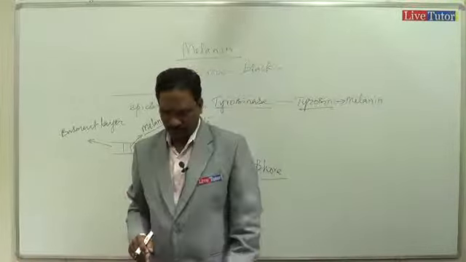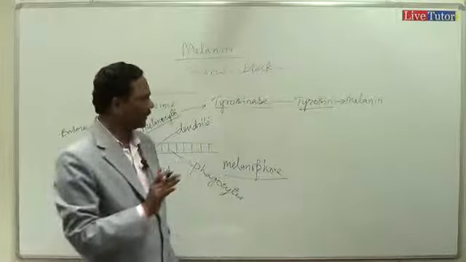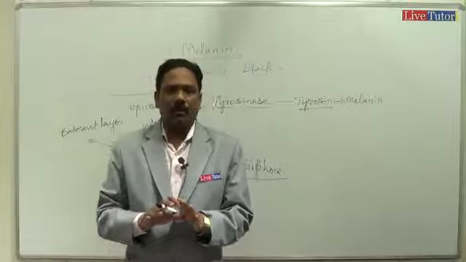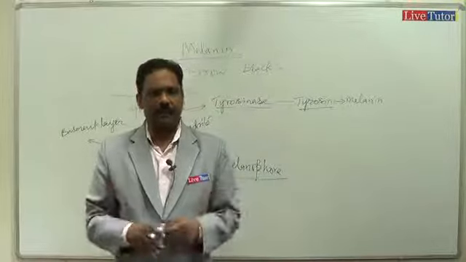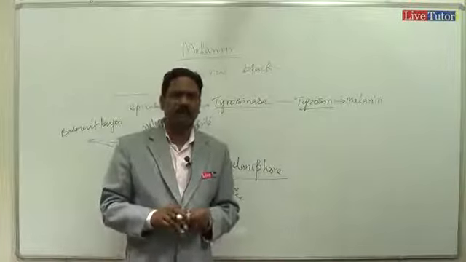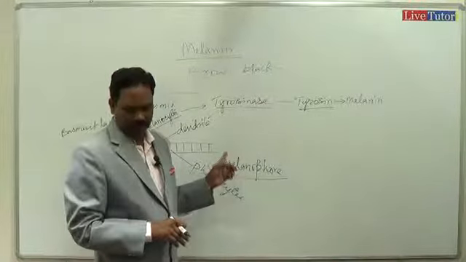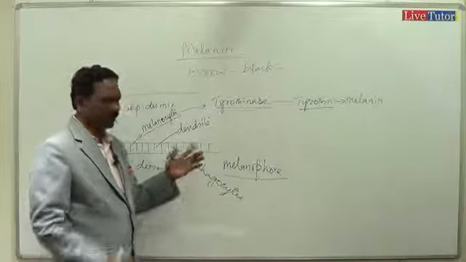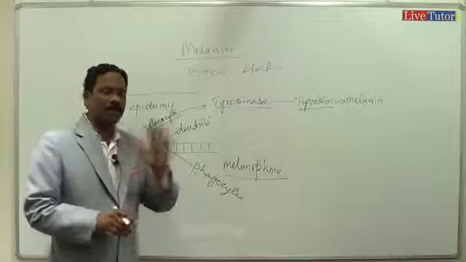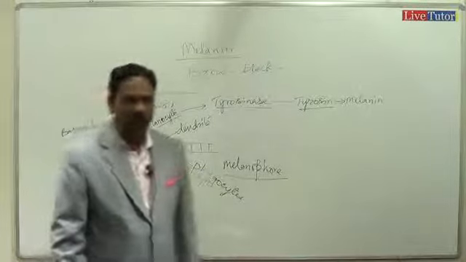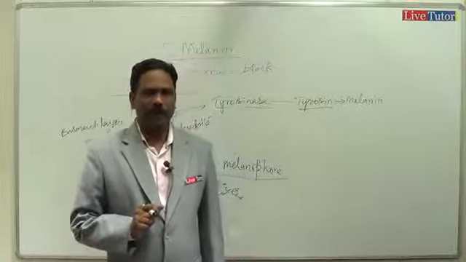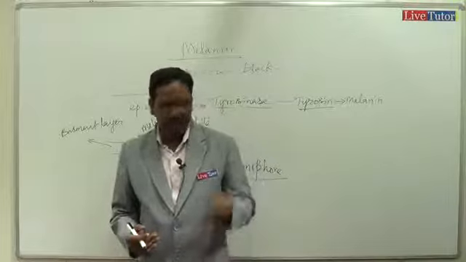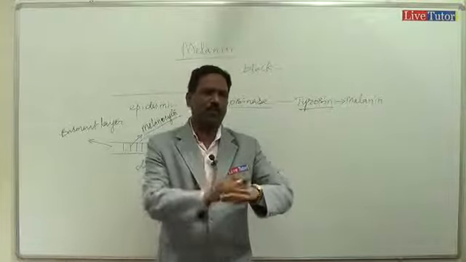Okay. Now you know what is melanin, where it is synthesized, where it is stored, and how it is synthesized. Then the abnormal synthesis of melanin, that means some disorder in the melanin. First we can say the generalized hyperpigmentation, that means hyperpigmentation and hypopigmentation. First, generalized hyperpigmentation. One is the Addison disease. Addison disease means generalized hyperpigmentation in the skin, especially in the exposed surface of the skin.